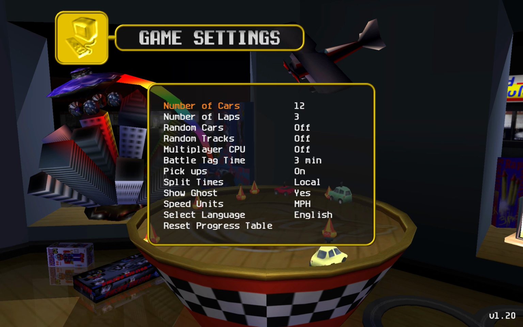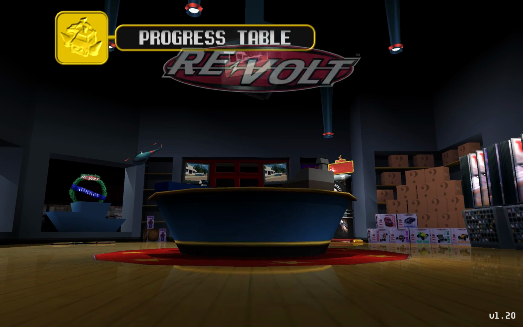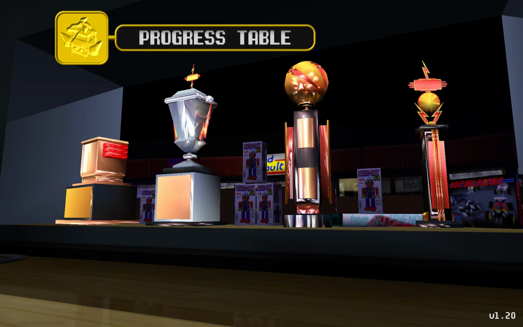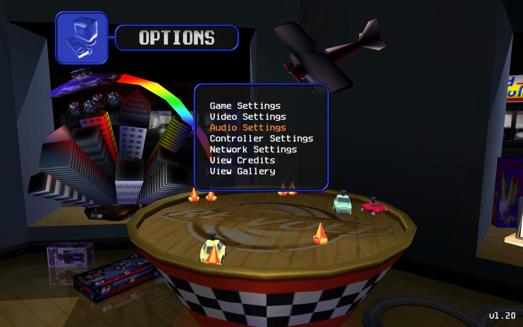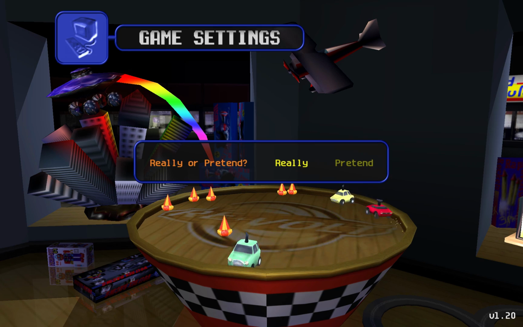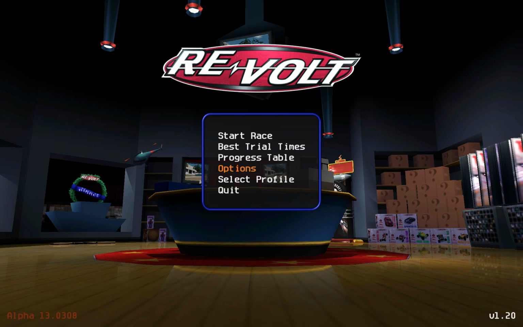You know what? I kind of want to go to 12. I'm going to go to 12 on cars. Let's stick with 12 on cars. Progress table, okay, let me just reset everything here. How can we reset? I know there's a way to reset it. I think that's in the options. Game settings, yeah, here we go. Really or pretend, I like that dialogue there. Okay, so anyway,